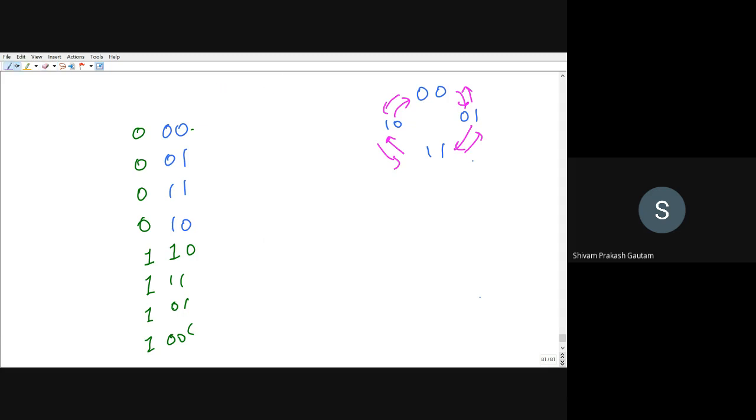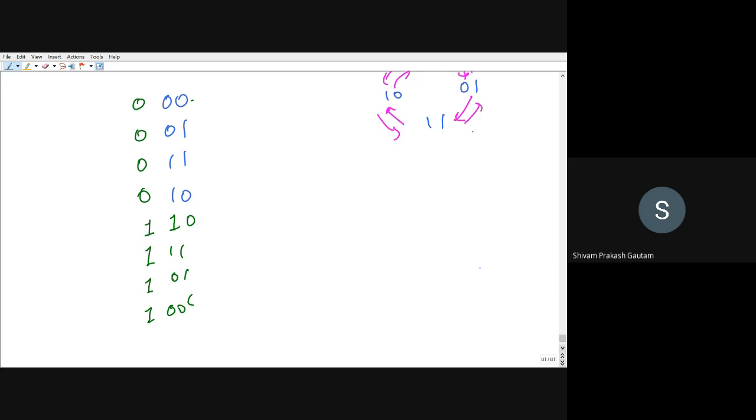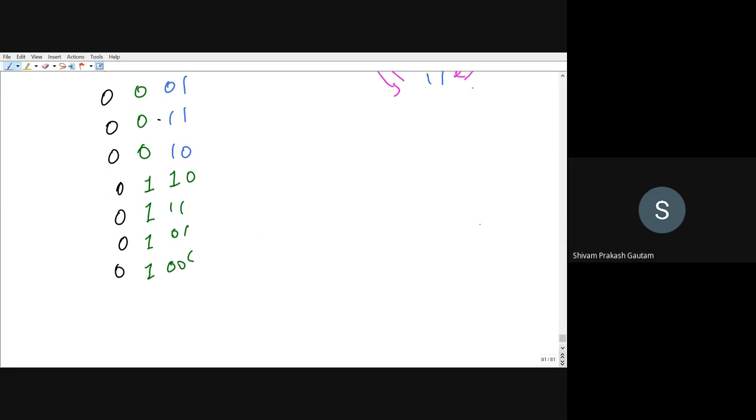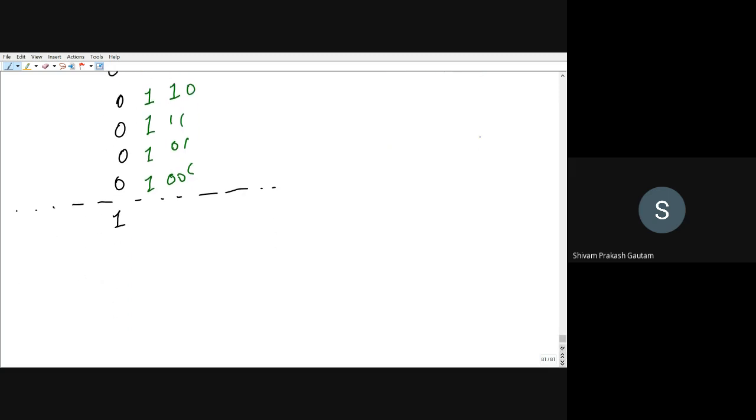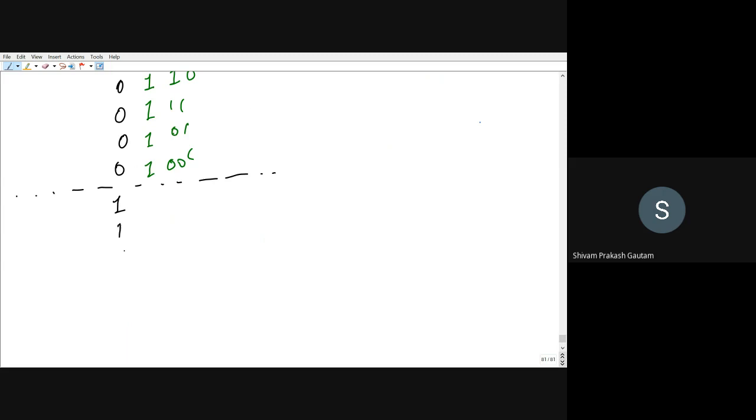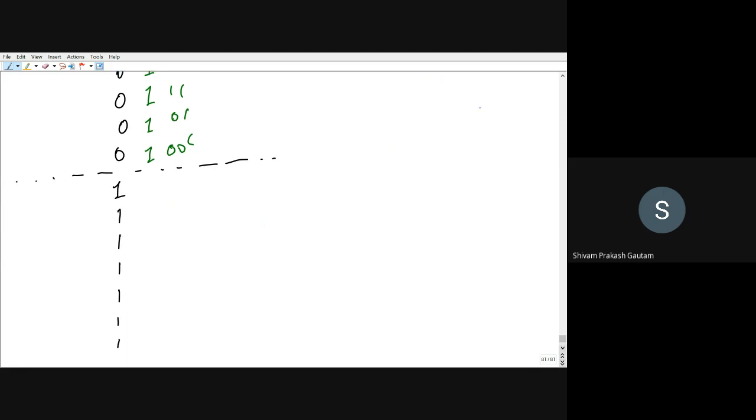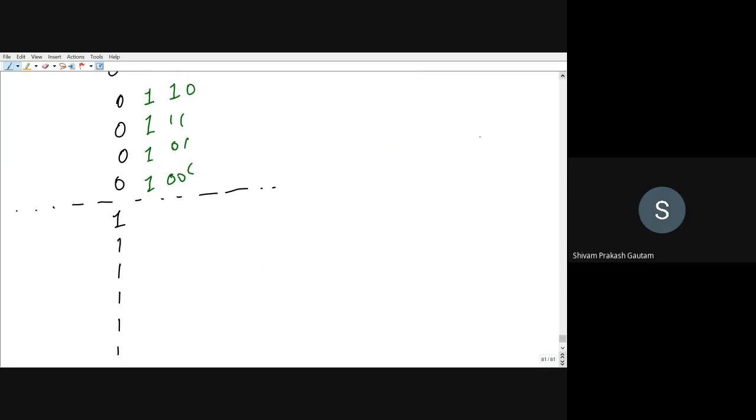So for 4-bit gray code, a 4th bit will also be added. So let me add that 4th bit. So this will be 0, 0, 0, 0, 0, 0, 0, 0, and again the mirror image will follow. So this will become 1, and for the 8 places, this 4th bit will remain 1, 1, 1, 1, 1, 1, 1, 1, and then we will be having the mirror image.